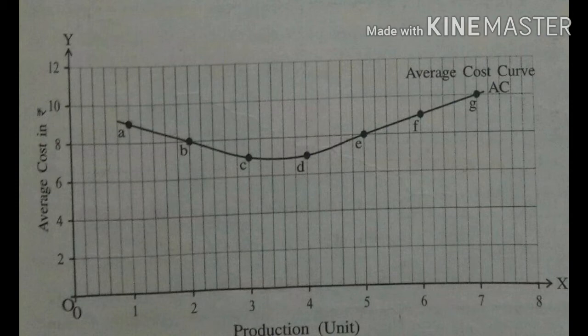As can be seen, initially up to a certain rise in production of units, the average cost decreases. From the concept of average fixed cost and average variable cost, we know that after production of some units, the increase in average variable cost is more in comparison to the decrease in average fixed cost. As a result, total cost increases and the average cost curve becomes U-shaped. So we say this is a U-shaped diagram.